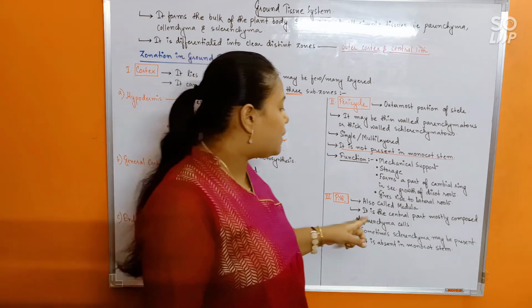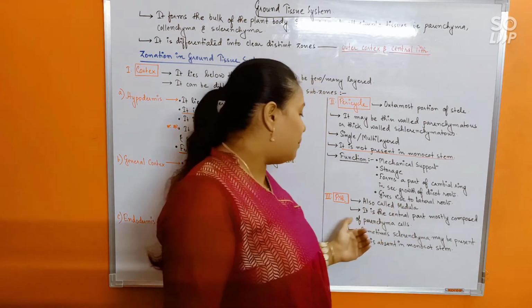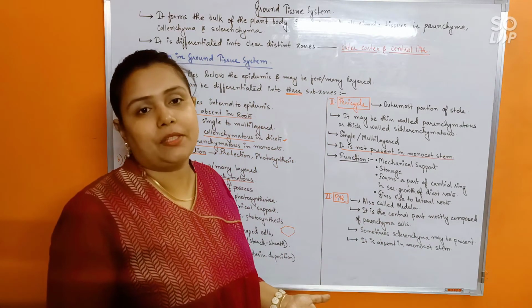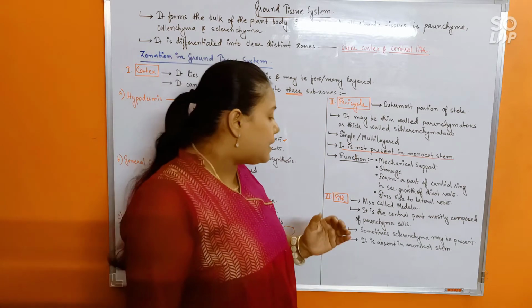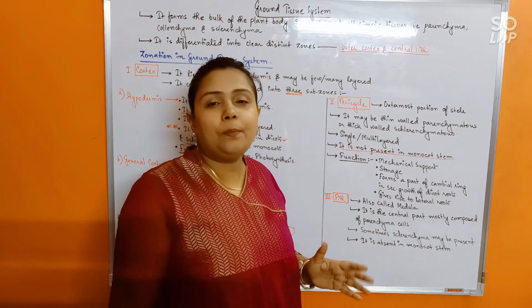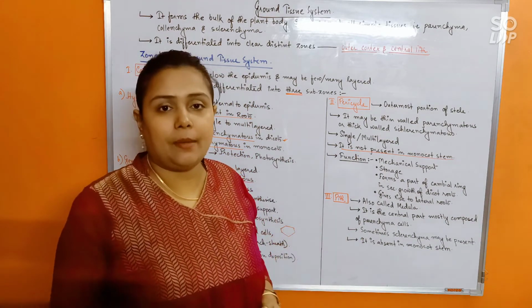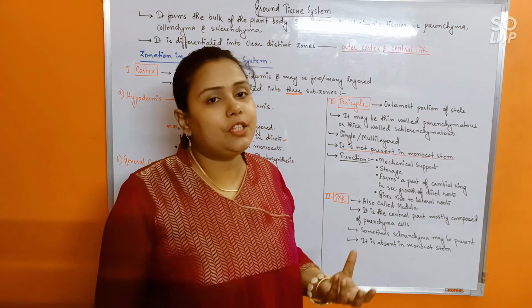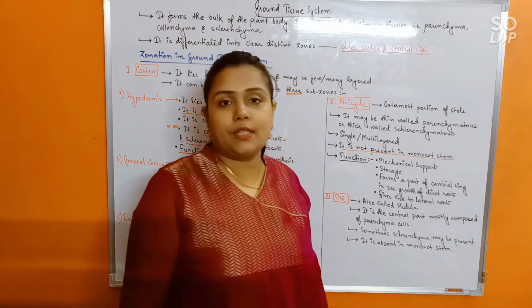So it is also called medulla, and it is the central part of the plant body, mostly composed of parenchyma cells. So even here you are seeing that parenchyma cells are present. That's why parenchyma forms the bulk of the plant body. Alright. Sometimes along with parenchyma, sclerenchyma may also be present. It will not be formed entirely of sclerenchyma, but it will be a mixture of parenchyma and sclerenchyma in certain plants. And the cells will not be tightly packed; they will have intercellular space. Finally, pith is absent in monocot stem.